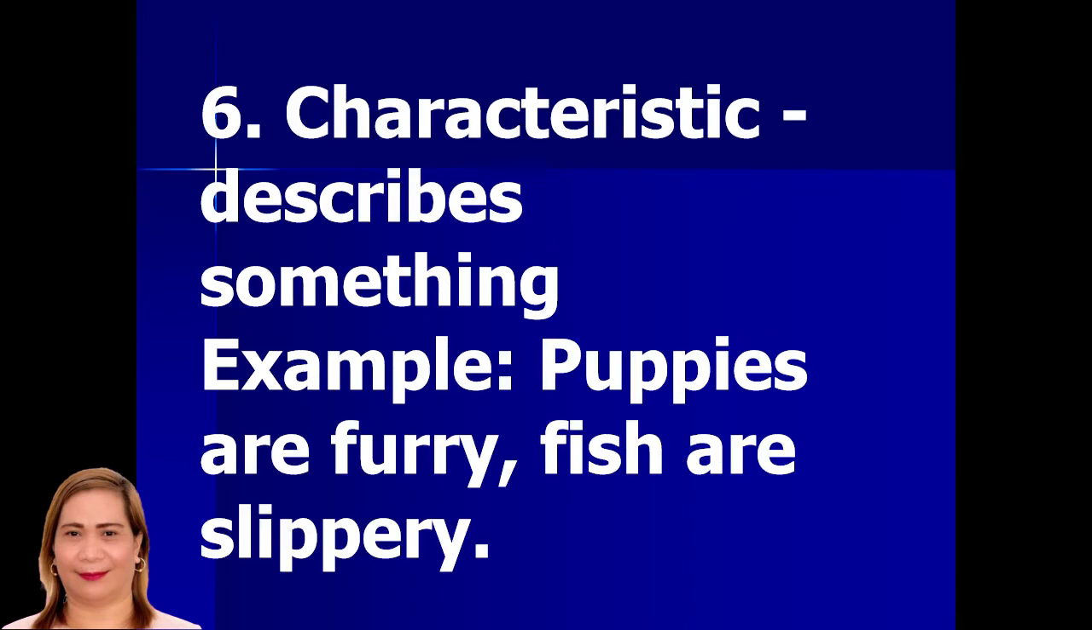Now, number 6 is characteristic, and this describes something. So we have the given example. Puppies are furry, fish are slippery. Okay, from those given examples, again, we have the different types of word analogy, and I hope that everybody has